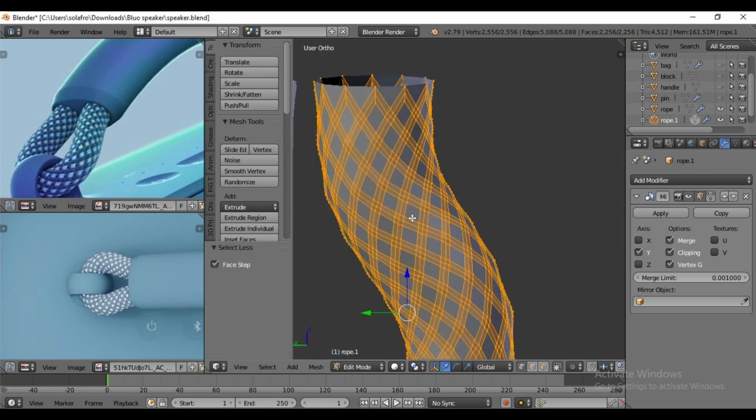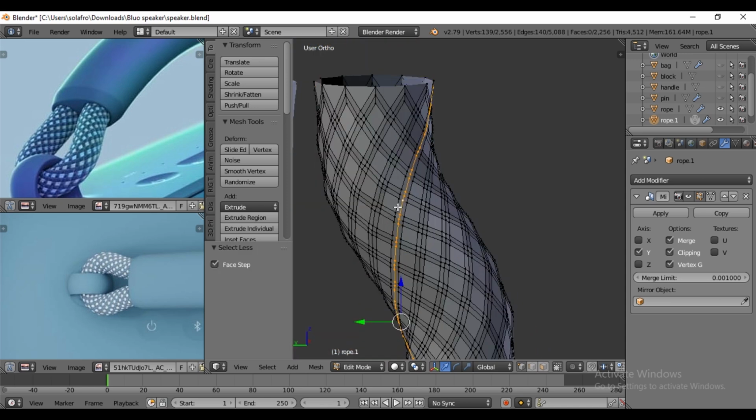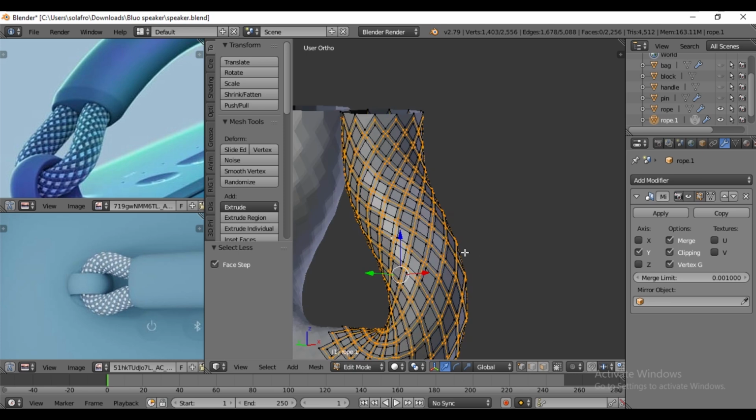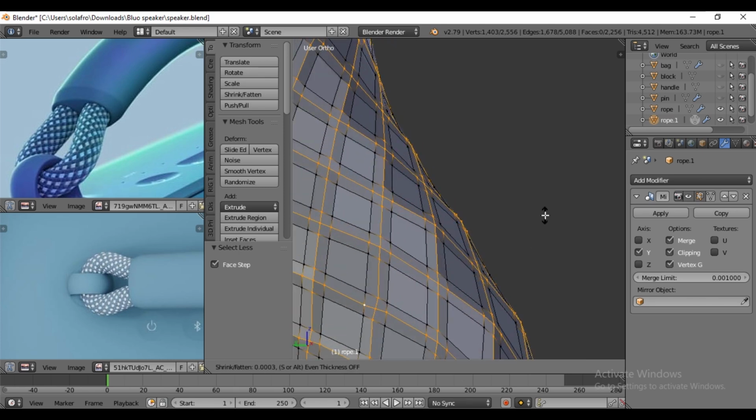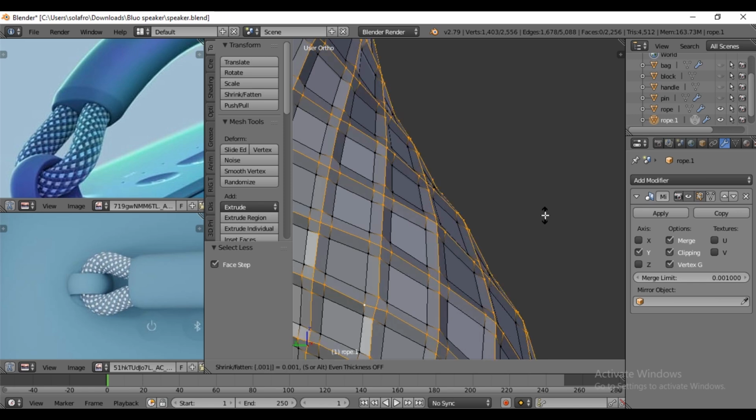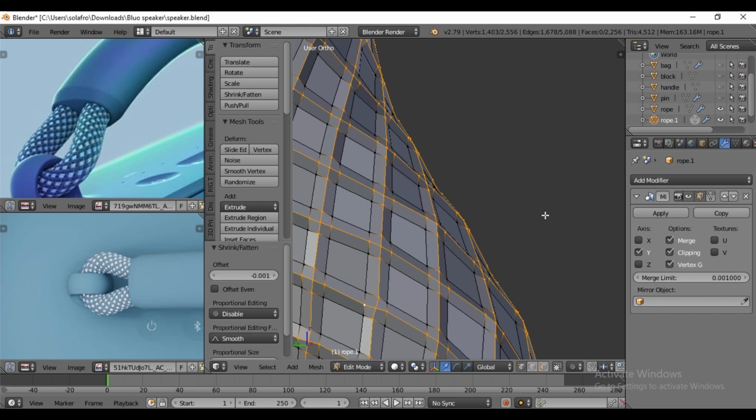By pressing Shift Alt, select all the middle loops. Then again, by pressing Alt S, scale by -0.001, just a little.